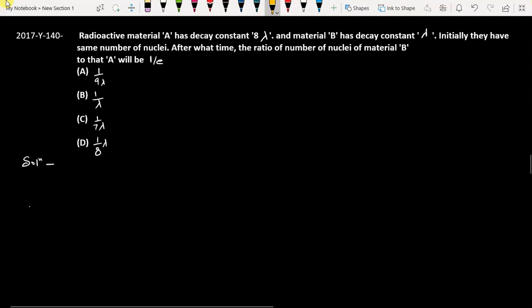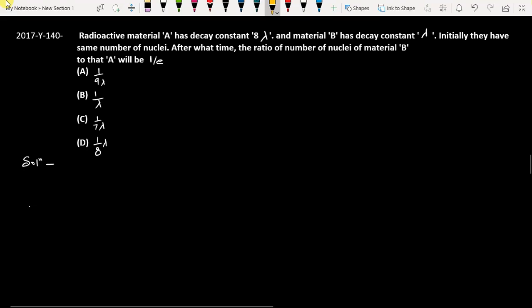This question is from NEET 2017 paper code Y, question number 140. Radioactive material A has decay constant 8 lambda and material B has decay constant lambda. Initially they have the same number of nuclei. After what time the ratio of the number of nuclei of the material B to that of A will be